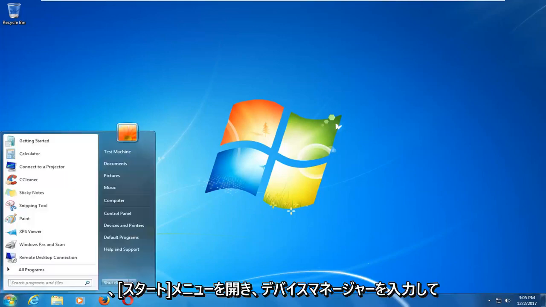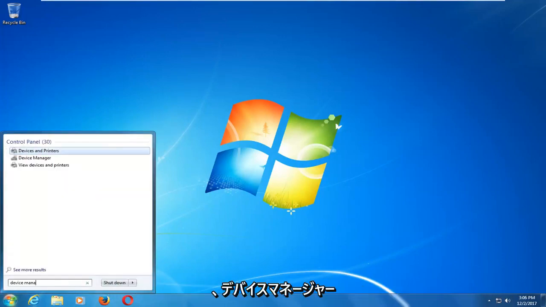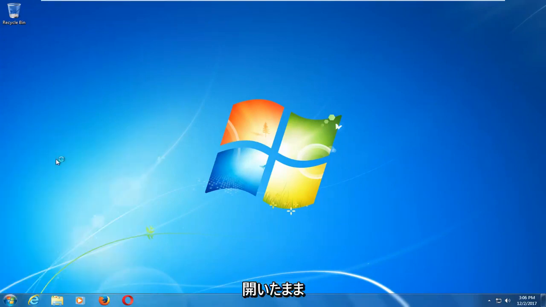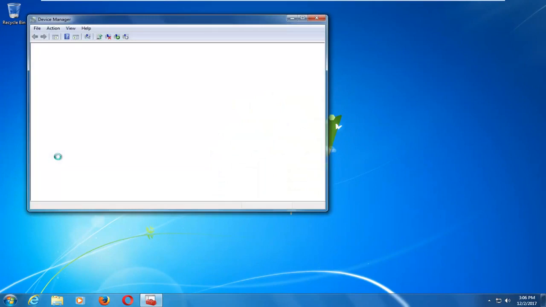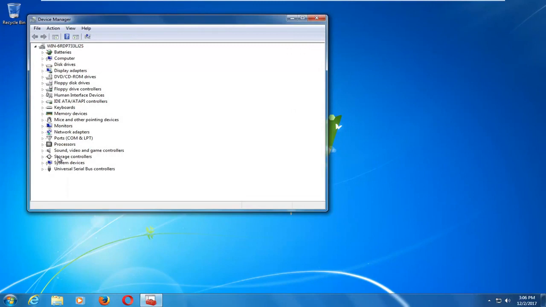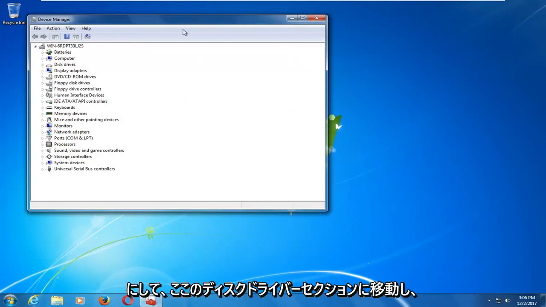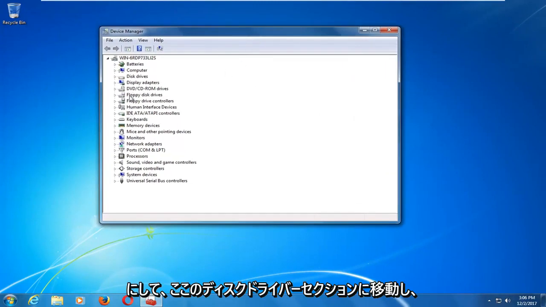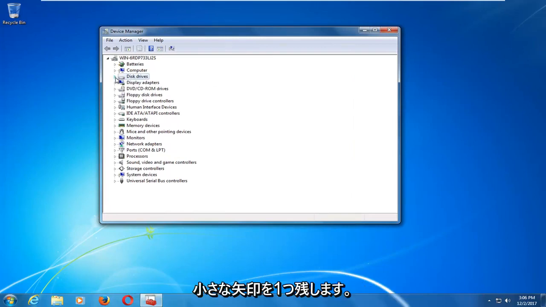Okay, so at this point you want to open up the start menu and type in Device Manager. Best match should say Device Manager. You want to right click on that and then left click on Open. Now you want to go to the disk drivers section right here and left click on the little arrow next